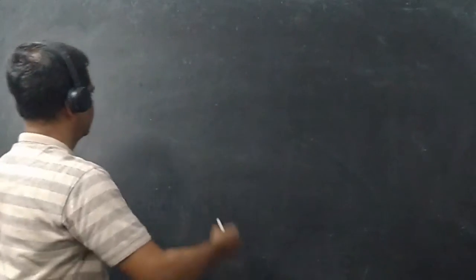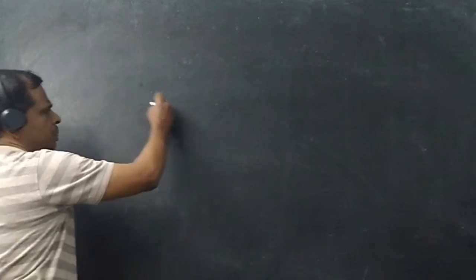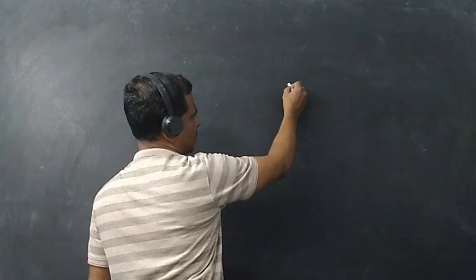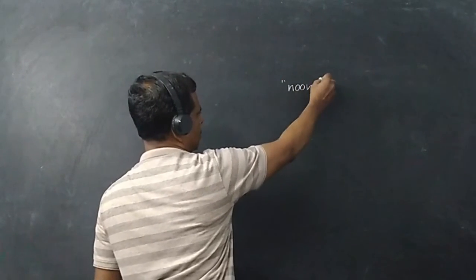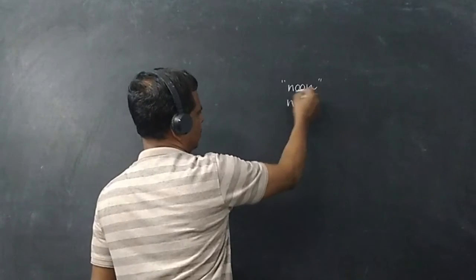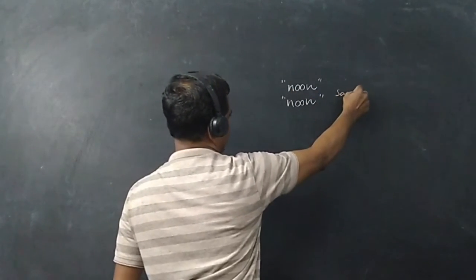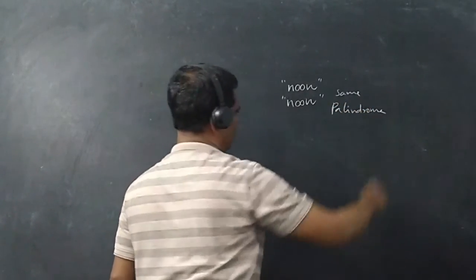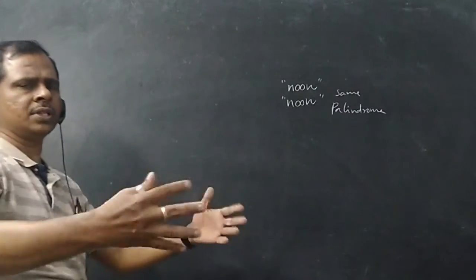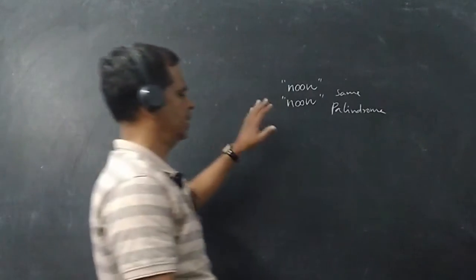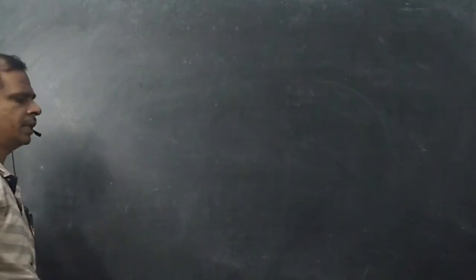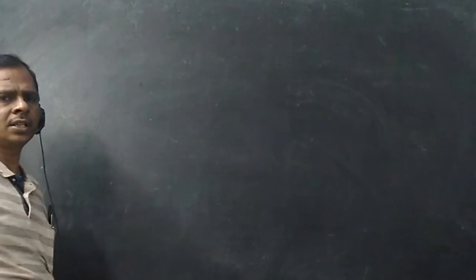I want to know whether a string is a palindrome string or not. See my program. What is a palindrome string? Palindrome string means when you give a word, suppose noon. When you give the word noon and reverse it, it's again noon. Since both are the same, it is a palindrome. When you reverse a string, the reverse also should be the same. This is called palindrome. So my program has to find out whether a given string is palindrome or not.